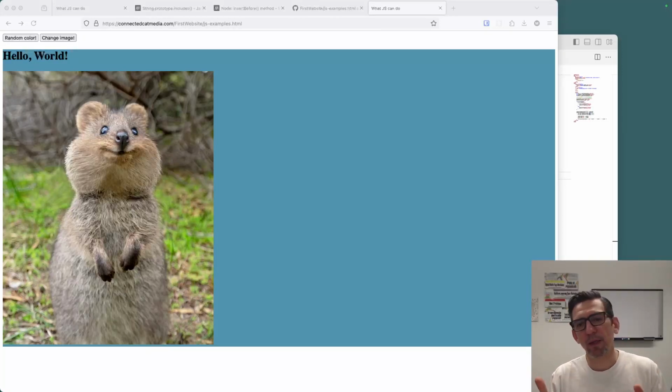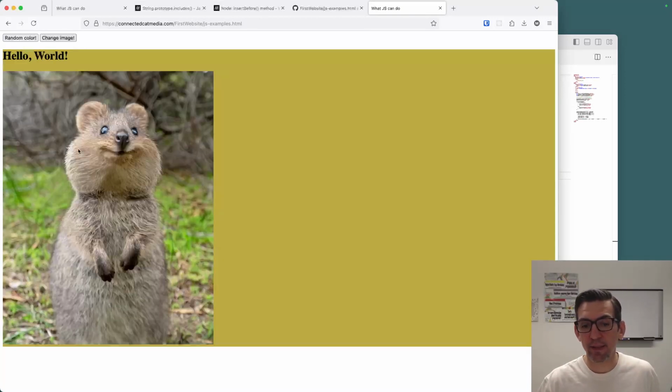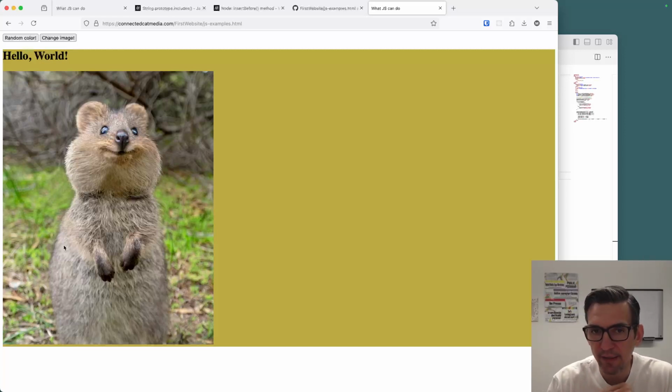So this is where we left things off last time, right? We had a website that did things for us. We could change the random color, we can toggle images on the site. All of that is great and good, and it kind of highlights some of the power of JavaScript, but it's not particularly practical. So today I wanted to try and get something a little bit more practical,